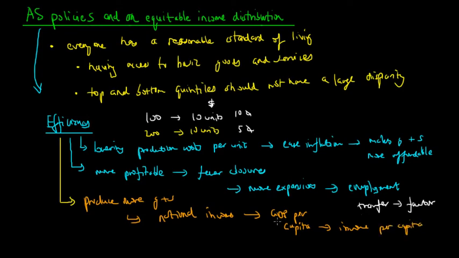So when this increases, that means those even on lower incomes will be able to afford more goods and services. And so they will be able to live a reasonable standard of living and have access to